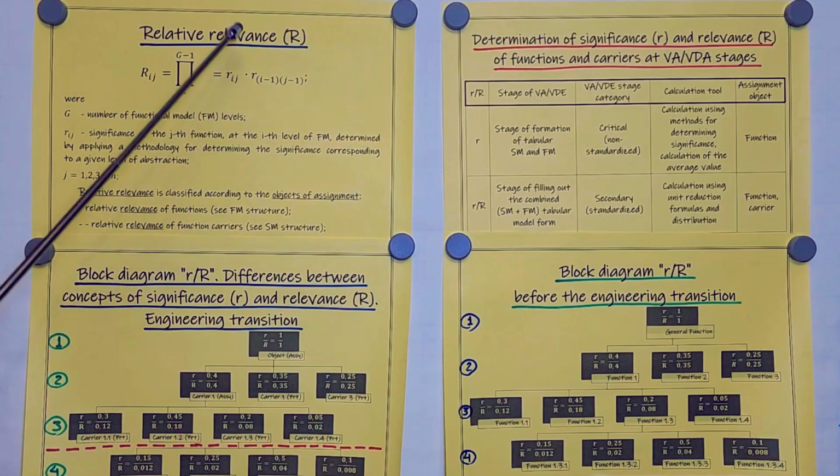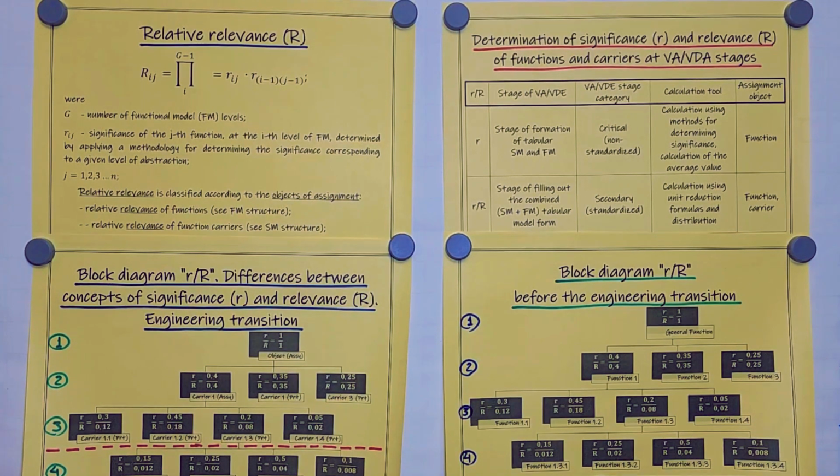Given that relative relevance is calculated on the basis of relative significance, classification can also be formed for this concept, but only in comparison with the concept of significance. It will have a simplified form, i.e., it's limited only to the division into the relative relevance of functions and the relative relevance of function carriers. The meaning of the introduction of the concept of relative relevance will also be revealed on the slides below as part of the consideration of the algorithm for introducing the values of the significance of functions into the functional and